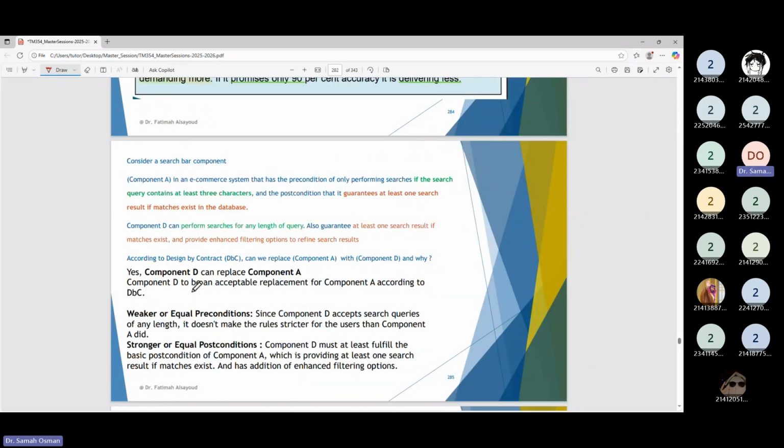Here we consider a search bar component. Think about if you have component A in an e-commerce system that has a precondition: only perform search if the search query contains at least 3 characters. This is A. And think about another component called D. For D, you can write any length of the query. So when I'm writing A, I must use at least 3 characters, but using component D, I can put any length or any character I want. So the question will be, according to the specific design, can we replace A